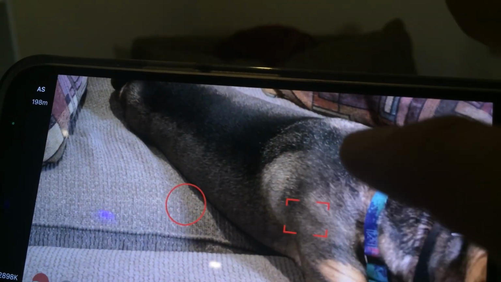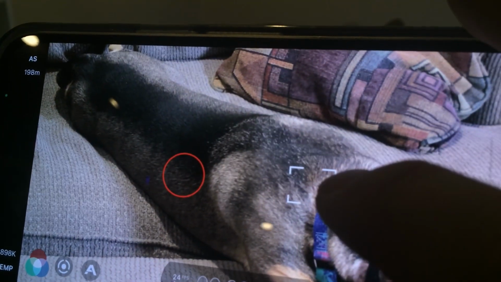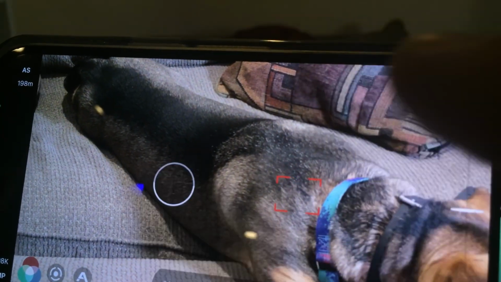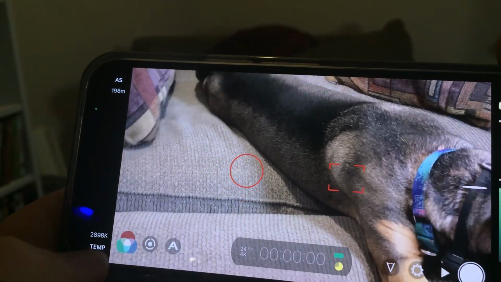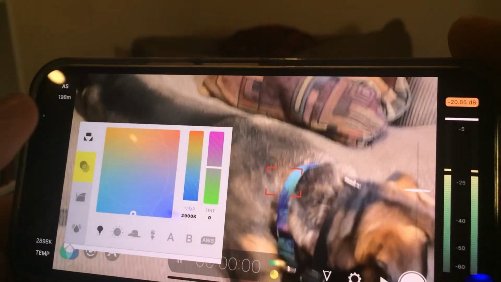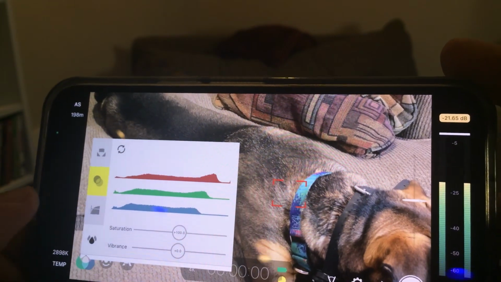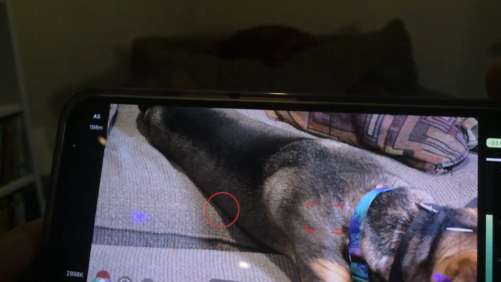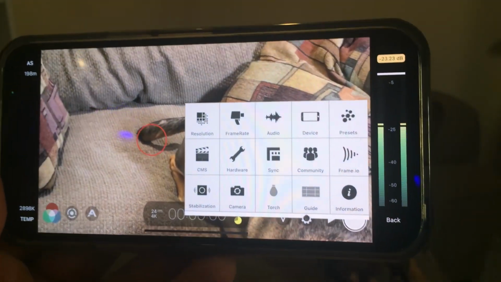Of course, we have the focus area unlock and the exposure area unlock. We also have the imaging area, which has white balance, tone and color and so forth in here, and some status stuff on the side. Now if we go into the